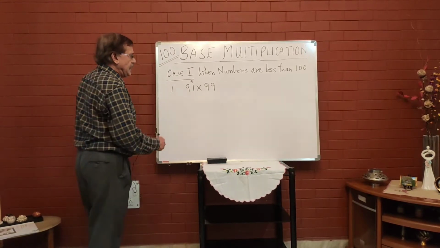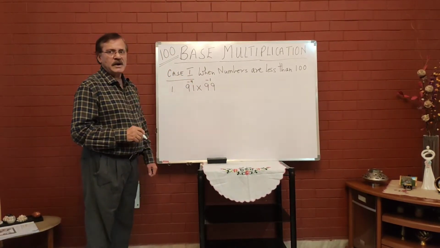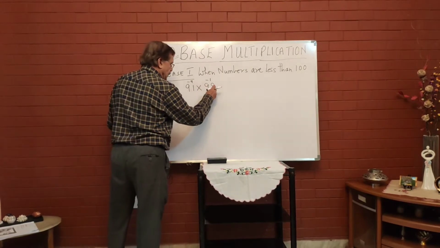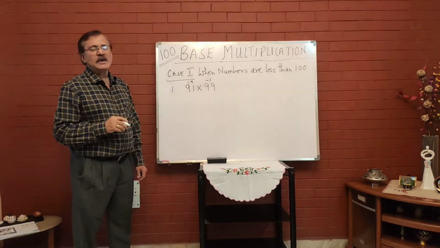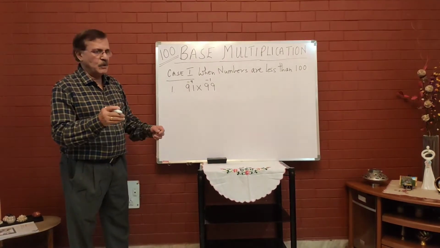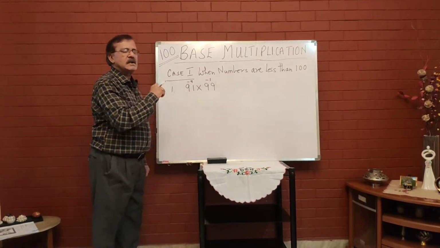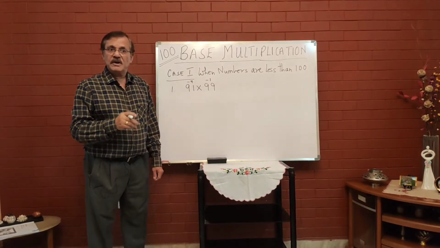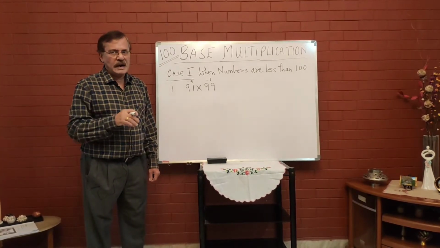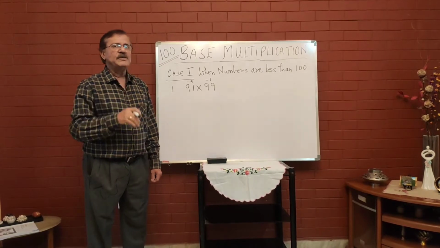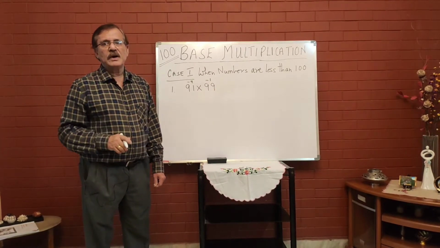Now if you see 99 is minus 1 unit away from 100, and you can check it up. 99 plus 1, 100, or 100 minus 1, 99. Now once we have found these two very important numbers, they are called deviations, minus 9 and minus 1. You must write minus 9 and minus 1. I'll tell you the technique right now. Deviations are very important from that sense of view that they form the second part of the answer.